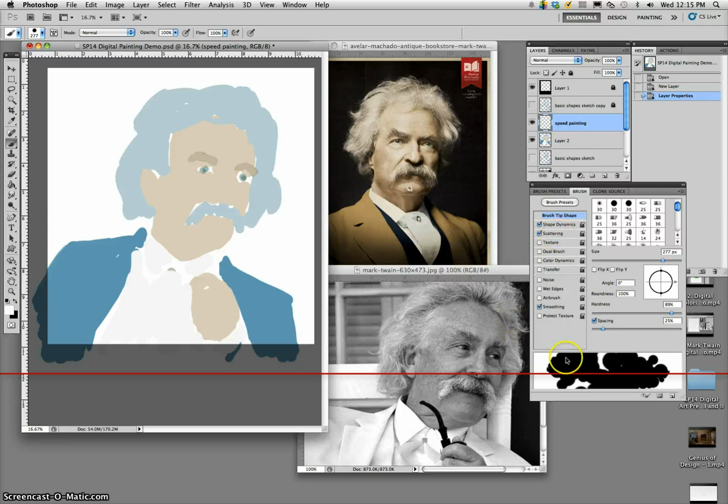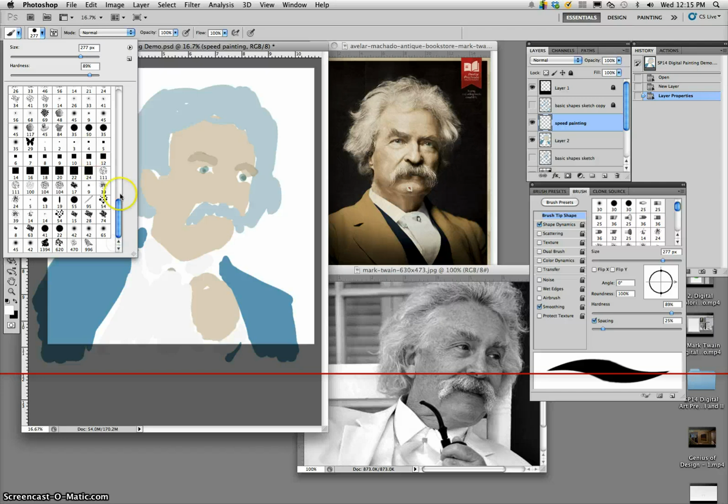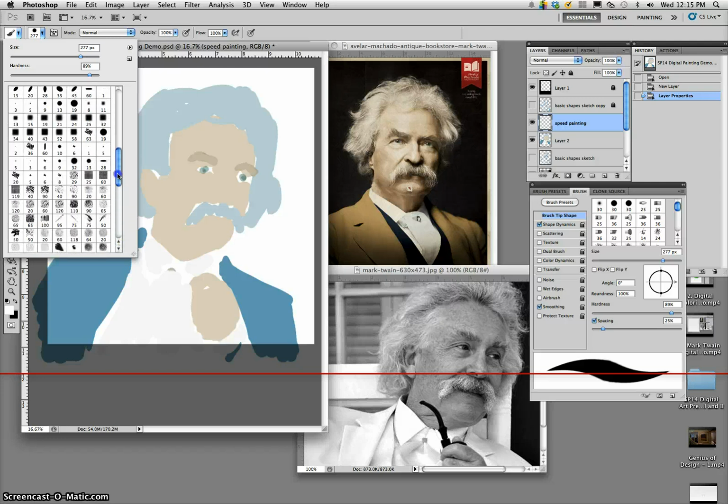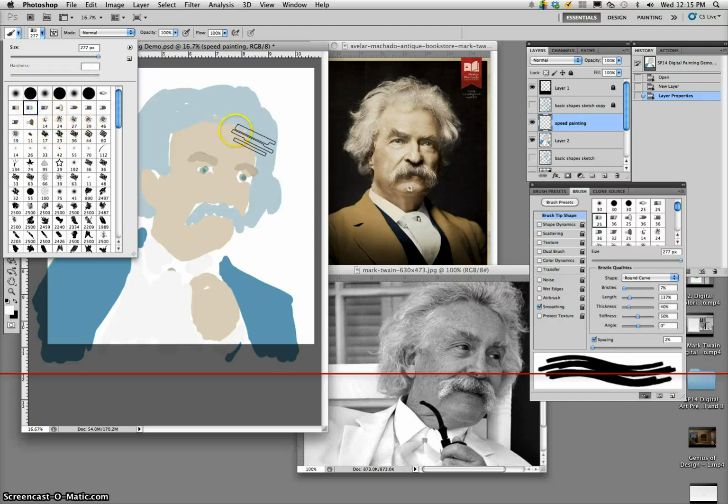Something called scattering, which makes the brush kind of turn into a sputtering paint can. And then there are some other options we can put into it. But instead of using just a circle, you have a lot of brushes that I've imported into your different terminals. There are also several that come with Photoshop as defaults. So for instance, with CS5, you'll have brushes like this,